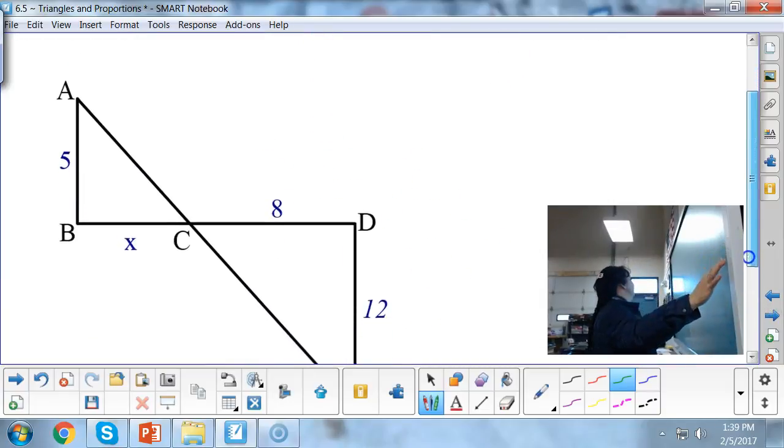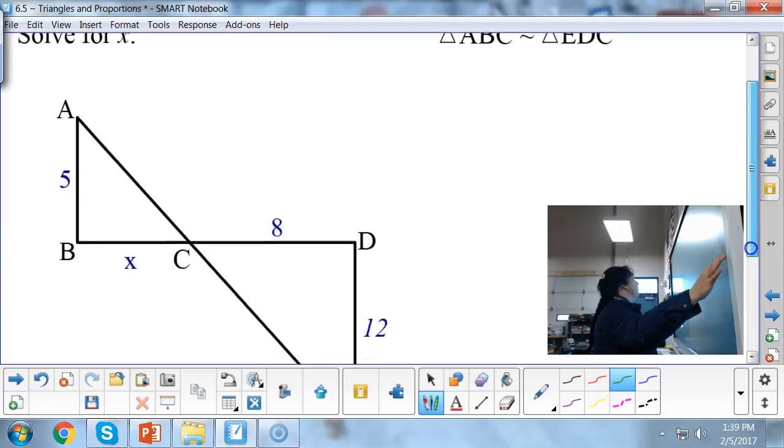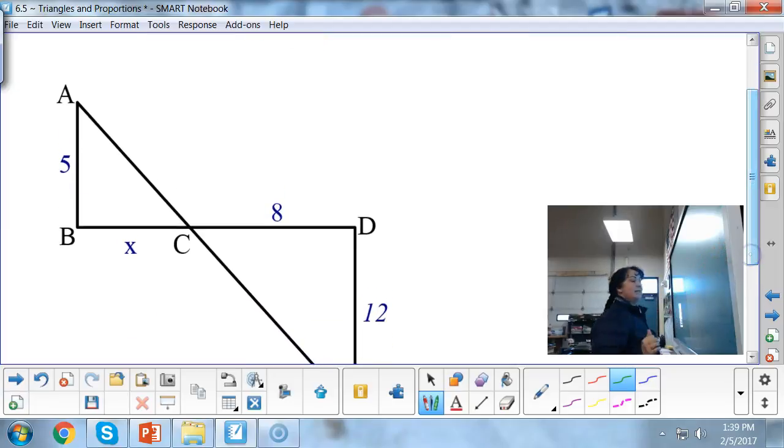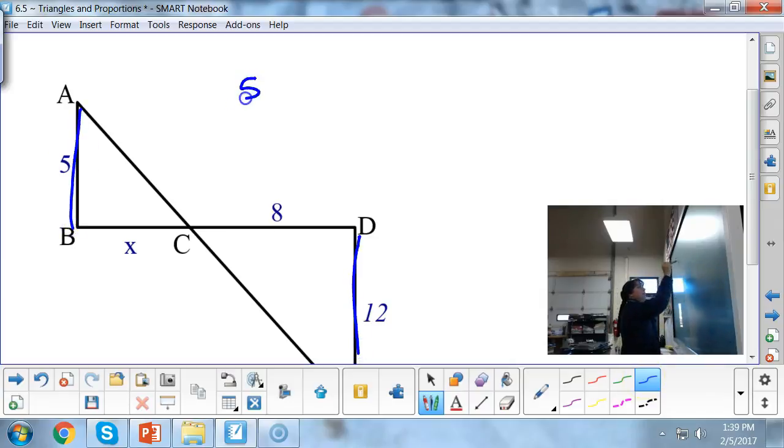This is a self one, so you should be pausing and working it out on your own. And after you get that worked out, or you get stuck, you can push play and let me work it with you. So 5 over 12 is equal to x over 8. Same steps. We're going to cross multiply. 8 times 5